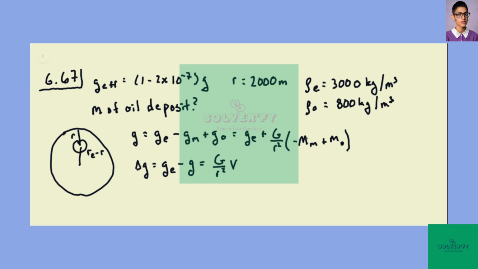We're going to express these as the volume times the density. And in both cases, the volume is the same because it's the same spherical hole in the Earth we're thinking of. And so we have the density of the part that's missing minus the density of the oil. And so this needs to be equal to 2 parts in 10 to the 7th of G, which we're calling GE here,